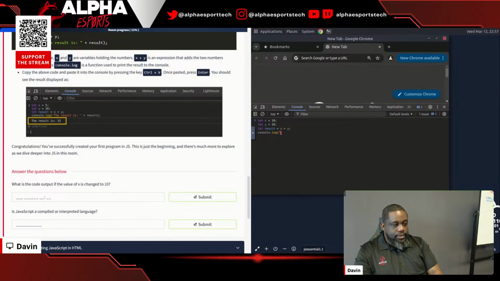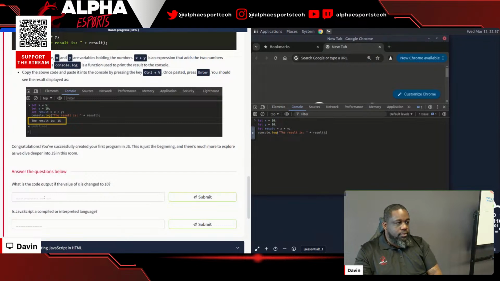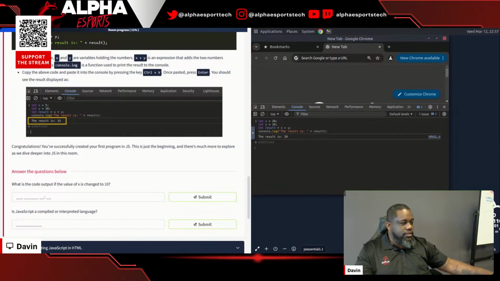We'll come back in, give us our quotation marks, and then the result is, put a space here, and then we're going to go ahead and plus result, and then we're going to give that a semicolon, and then we would hit enter. The result will be 20, which, I mean, we would know that anyway because math, but